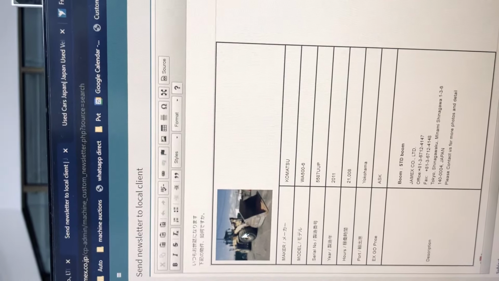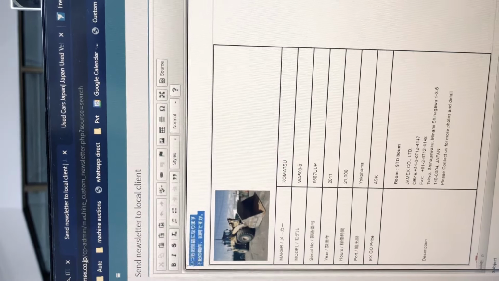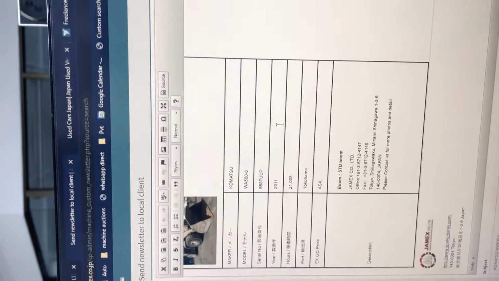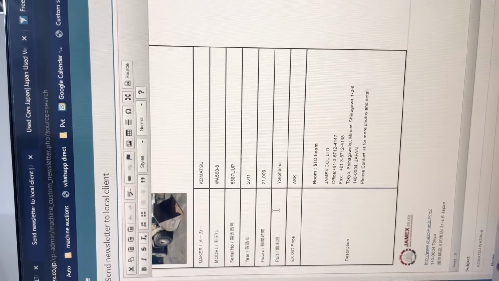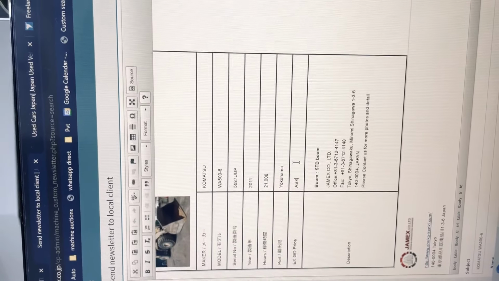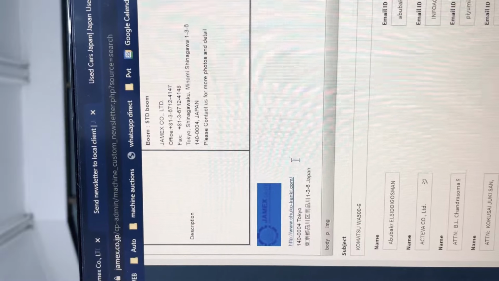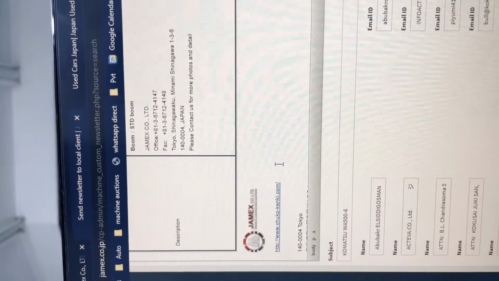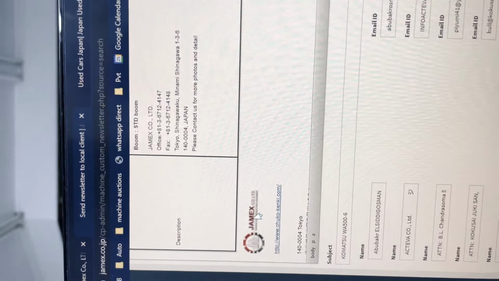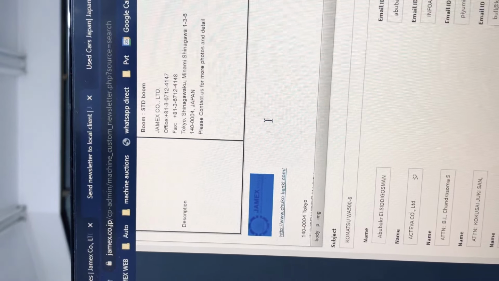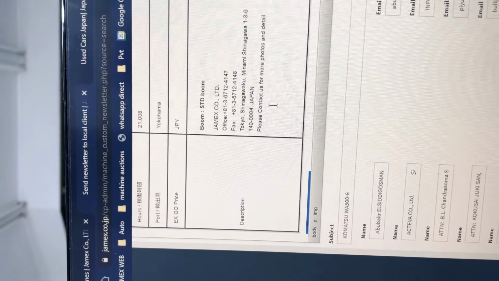Number one, this picture should be a little bit bigger. This text remains as it is, okay? And this thing here, the FOB price, should say JPY, or it should show yen marks. The description is here. This logo needs to be improved, and at the bottom it should show our telephone, fax and email. This logo is very small, very blurry. Japanese people don't like such a system.